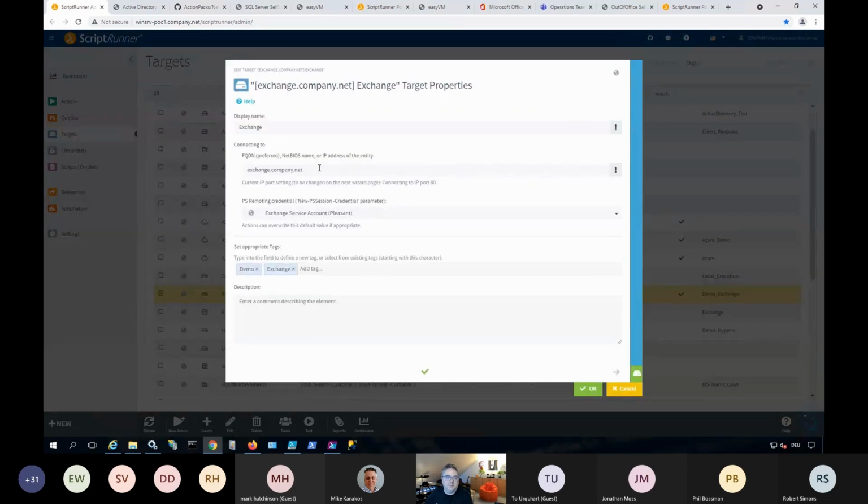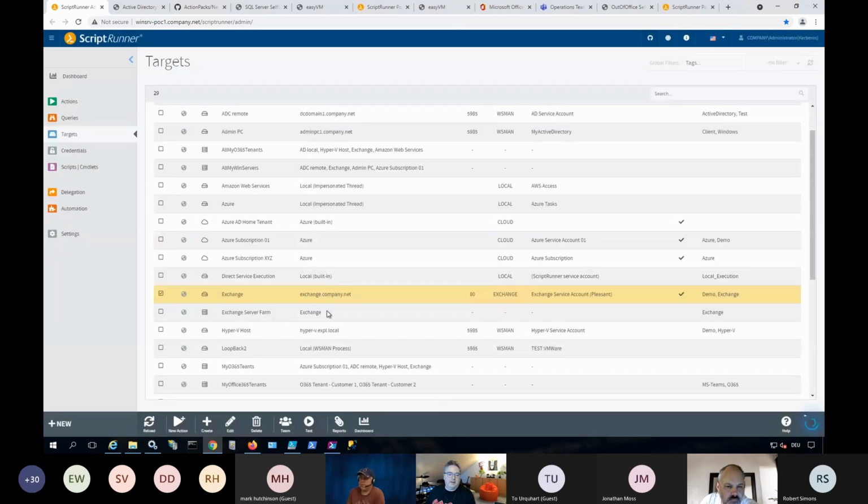So a target means, okay, this is the address, this is how I'm connecting, this is where I want to connect to. And this is the credential here that is going to be used every time this target later on is used for any kind of action, as we call them, which means this logistic information doesn't have to be in your scripts because it's managed as targets. So no need to have any credentials there. And the nice thing here, of course, about this,